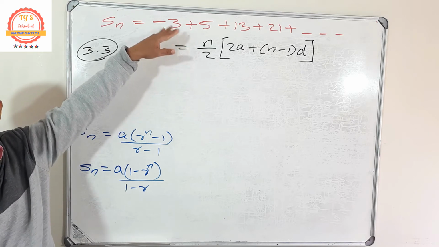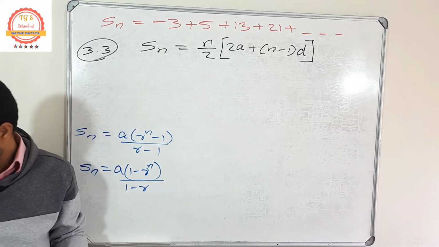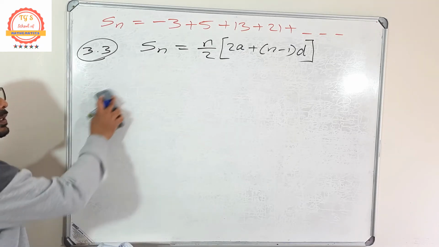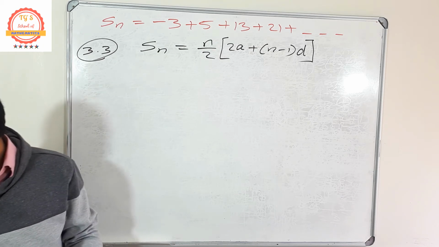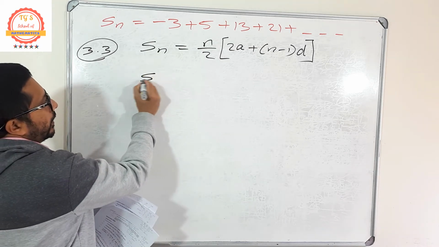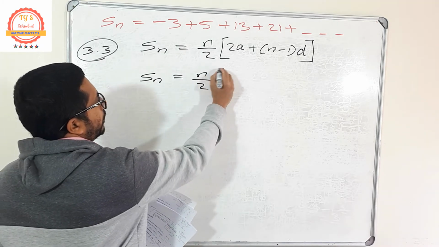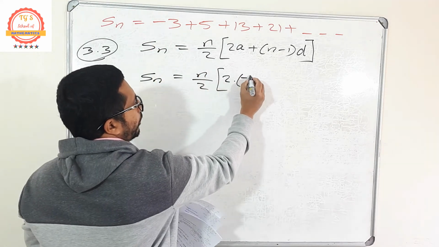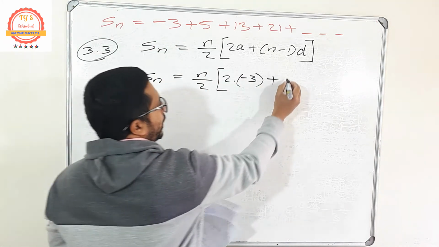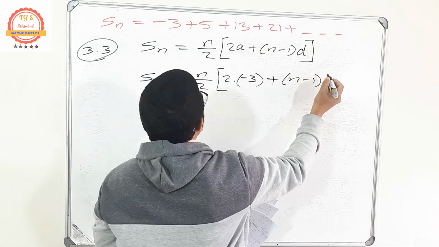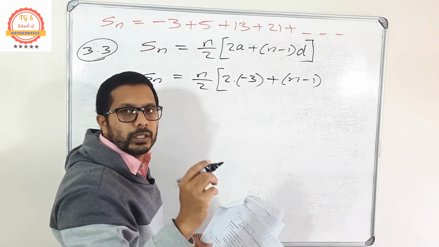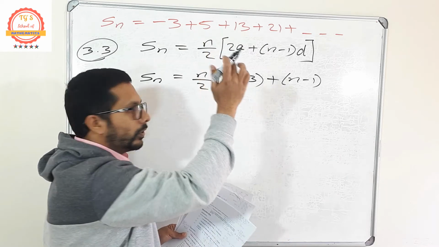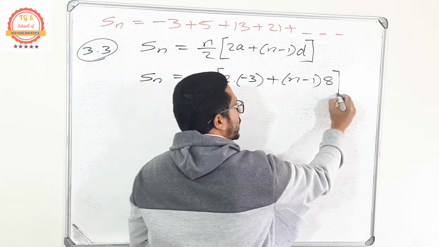But in our question, the given one is an arithmetic sequence. So that is the formula. Sn is equal to n by 2 into 2a plus n minus 1 into d. So here just substitute the values that we know. Sn is equal to n over 2 into 2 into, what is a? First term. What is the first term? Minus 3 plus n minus 1 into d. What is the common difference? Do you remember the first question? It was 8. 5 minus minus 3, 13 minus 5. You remember that one? So the common difference is 8.